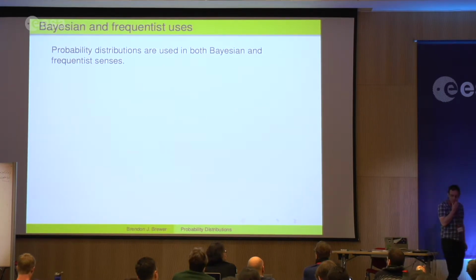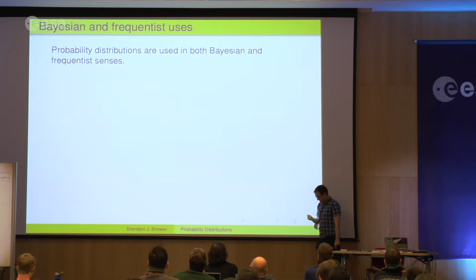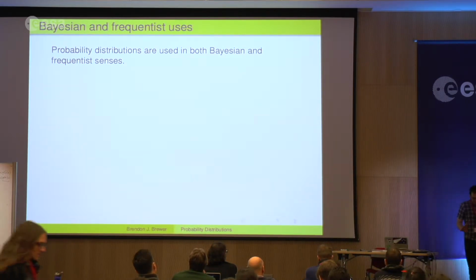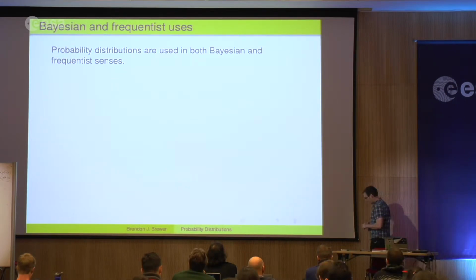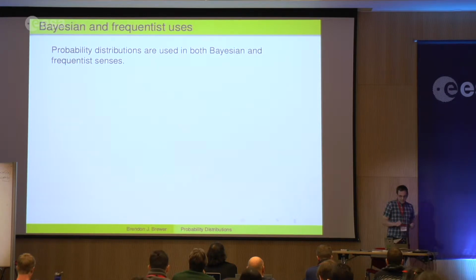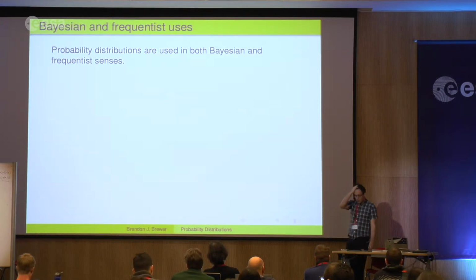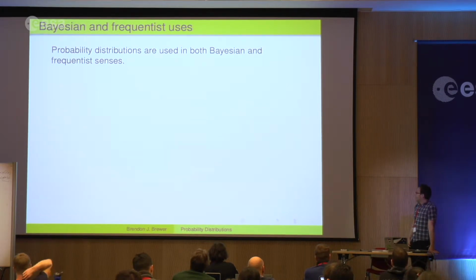So before we get on to the questions for this section, I just want to mention Bayesian and frequentist again. Both kinds of modeling have probability distributions in them. It's the same dichotomy of what's the meaning of the probabilities and the probability densities in the two different cases. In the Bayesian thing, a probability density or a discrete distribution is something that you write down to model your state of uncertainty about the value of a quantity, and you use it to compute how plausible it is that it's this value versus that value. And the frequentist